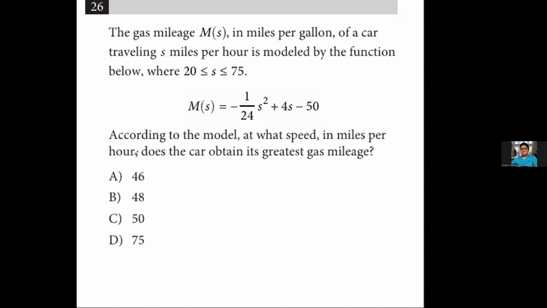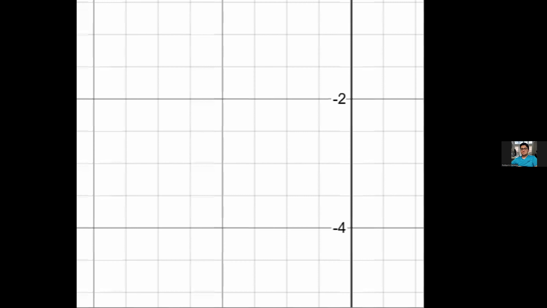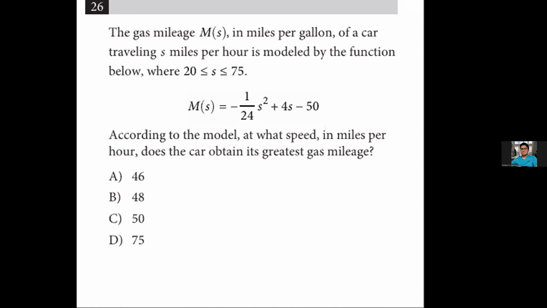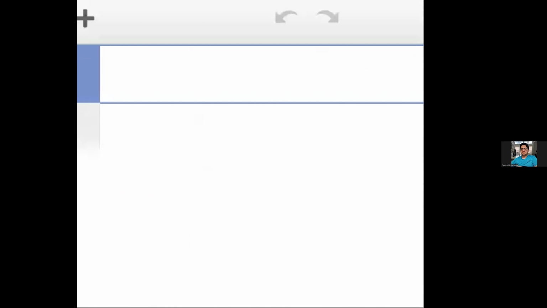You could plug in all of these answer choices into the formula and see which one gets you the highest answer. Alternatively, you can also graph this equation and see where the highest point is. Since you all will have a calculator, I guess I'll just do that. So I guess we go back to Desmos and we just graph the equation, which is